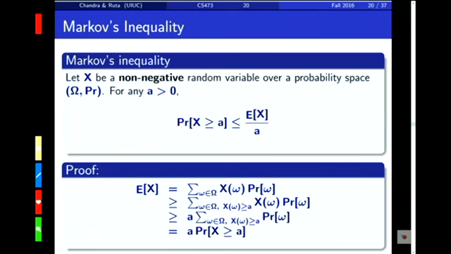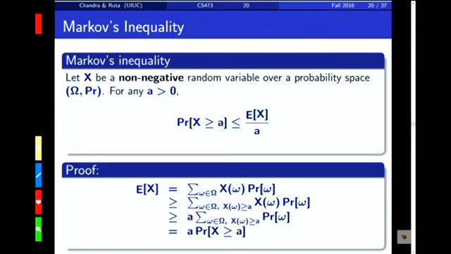So all these x omega are at least a. So let me just pull out a instead. Replace this x omega by a, and that will make this value again greater than or equal, right? Pull out a, and then we are left with this, but this is exactly counting the probability of elements when the element has at least a value in the random variable. That is exactly the probability that x is greater than or equal to a,